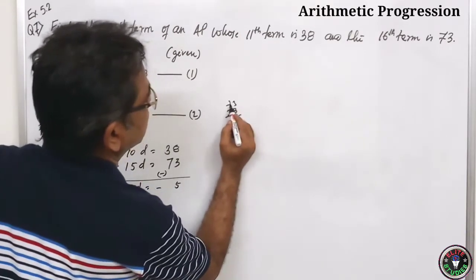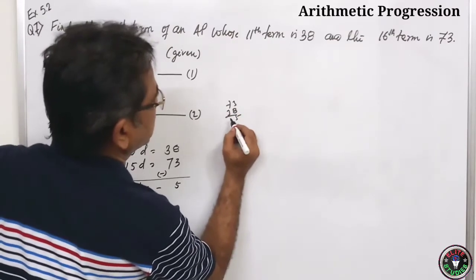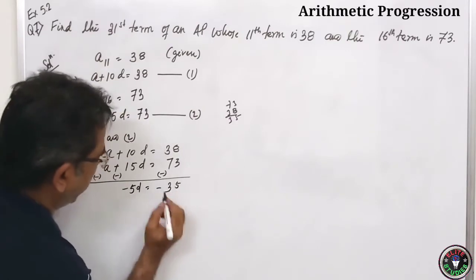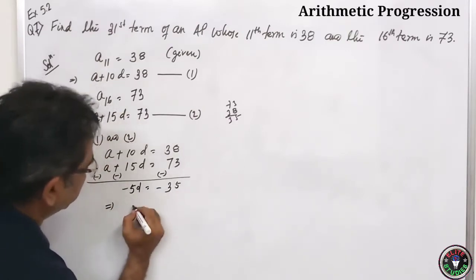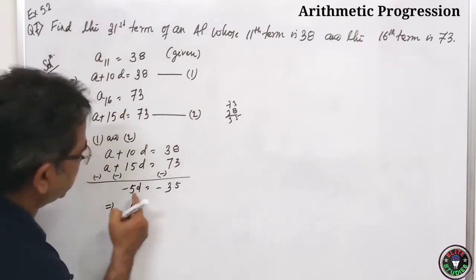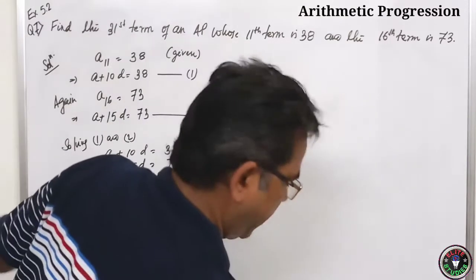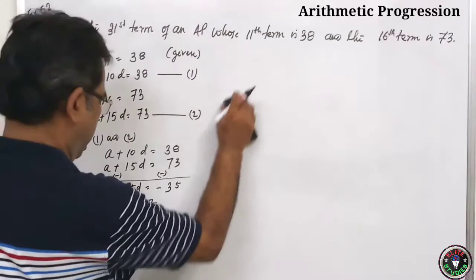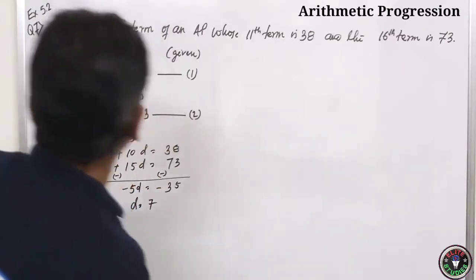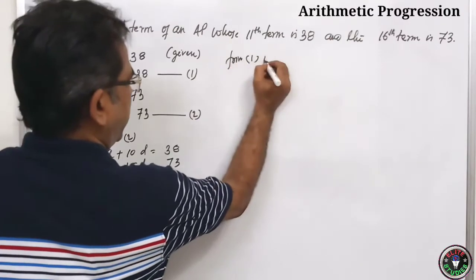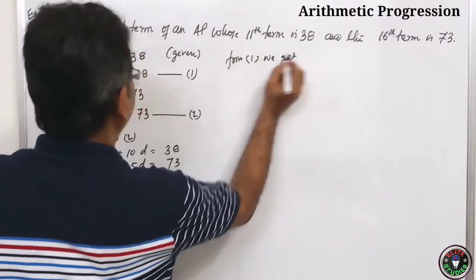How much is it? 6. 6 minus 3, 3. 8 13. Okay, so it becomes 35. So it gives us D is equal to minus 35 by minus 5. It is equal to 7. You got it? Now if D is equal to 7, from 1 we get A is